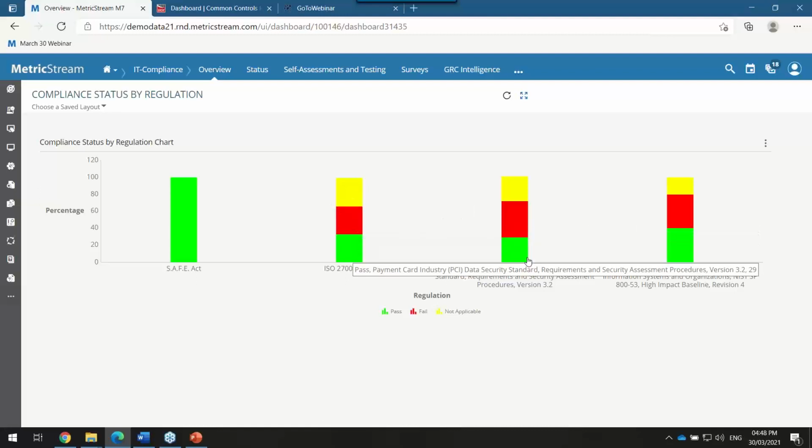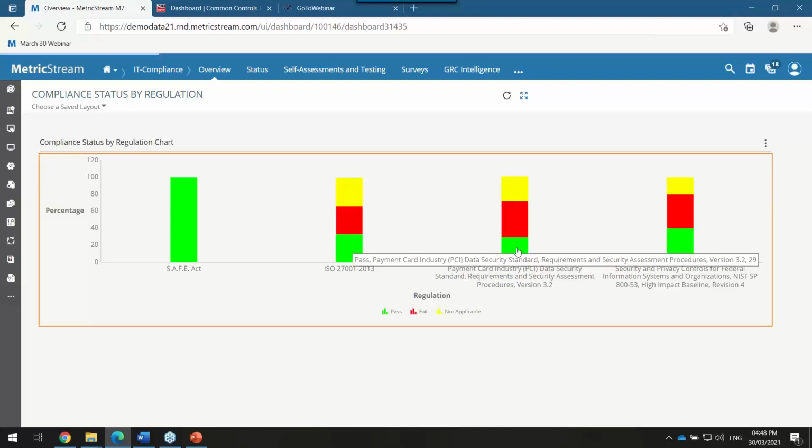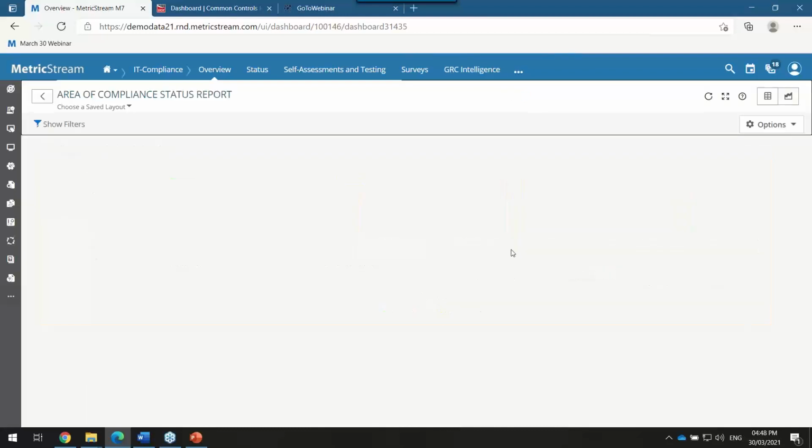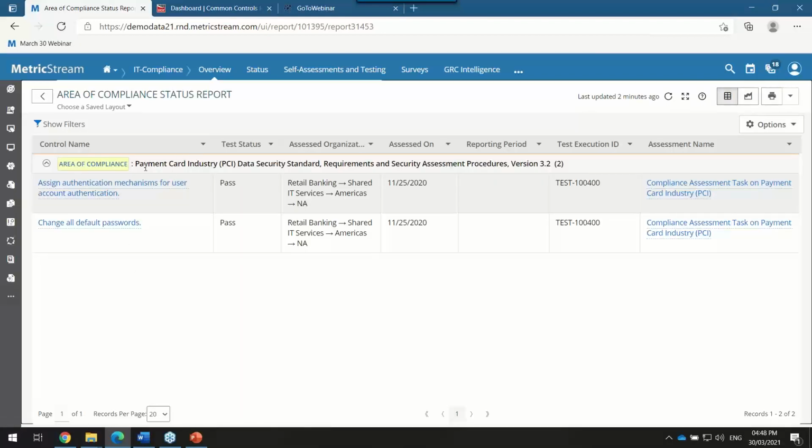And if you look at PCI, it says there are about 29 controls which have passed, and I can always drill through that to get into the details and nitty-gritties, to see what the areas of compliance are. The area of compliance is the payment card industry that I'm trying to comply to, and there are 2 tests that I have conducted which have passed.